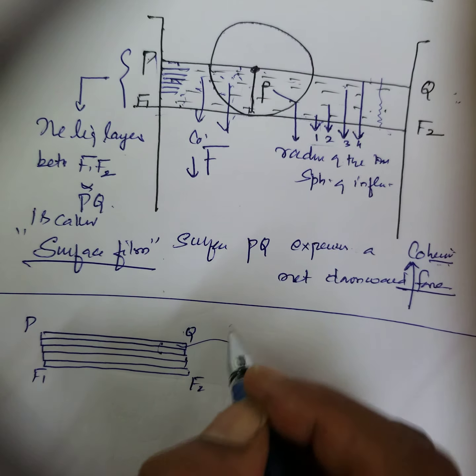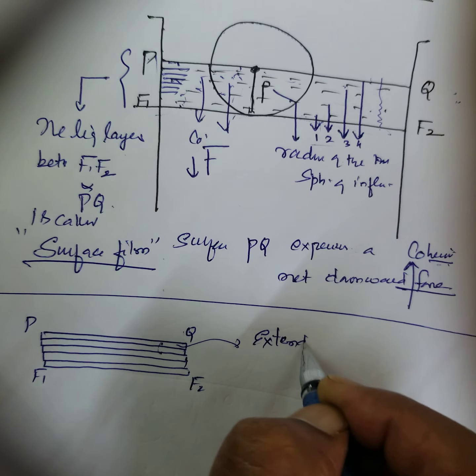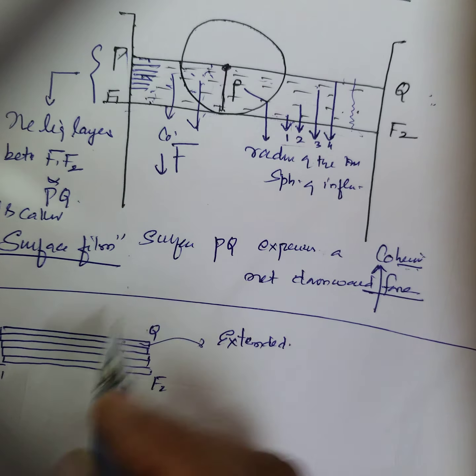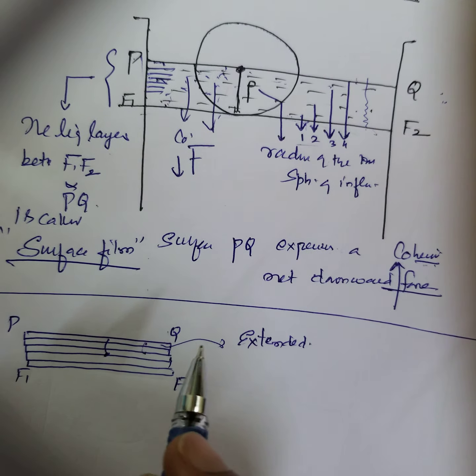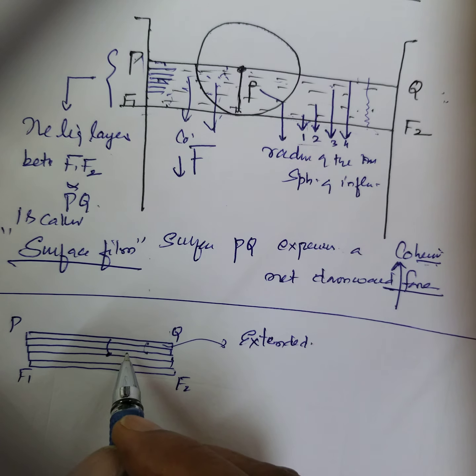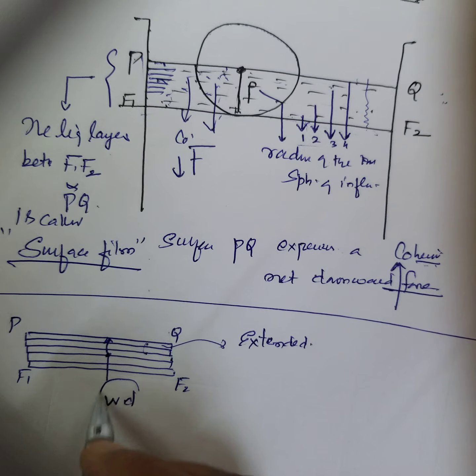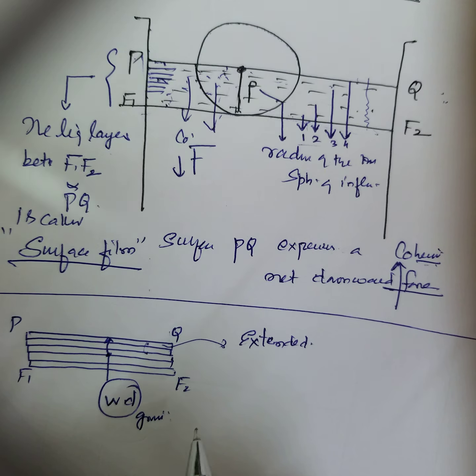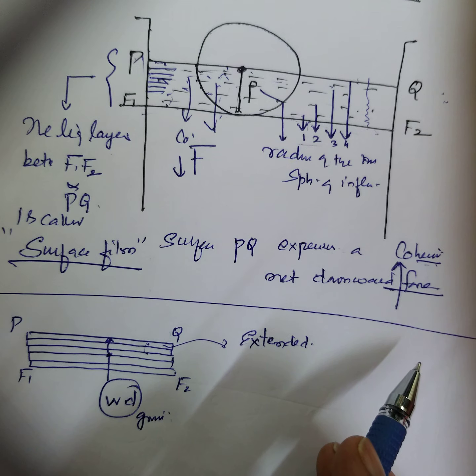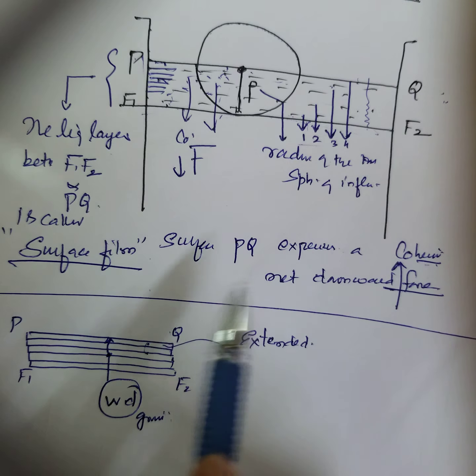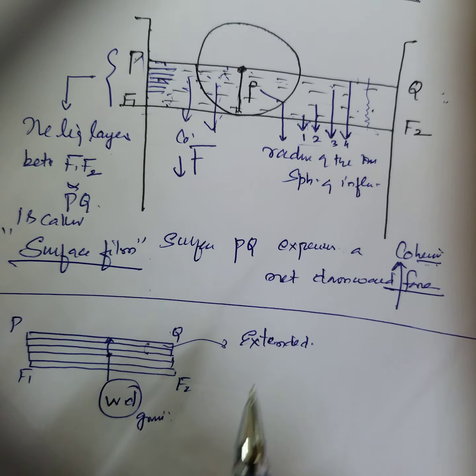Therefore, when a liquid surface is extended, more liquid from the interior rises to the surface. As each molecule passes through the surface film, work is done against the downward force. Because these molecules coming up means work is done against the gravitational force. Therefore, as each molecule passes through the surface film, work is done against the downward cohesive force by an agency, that liquid itself.